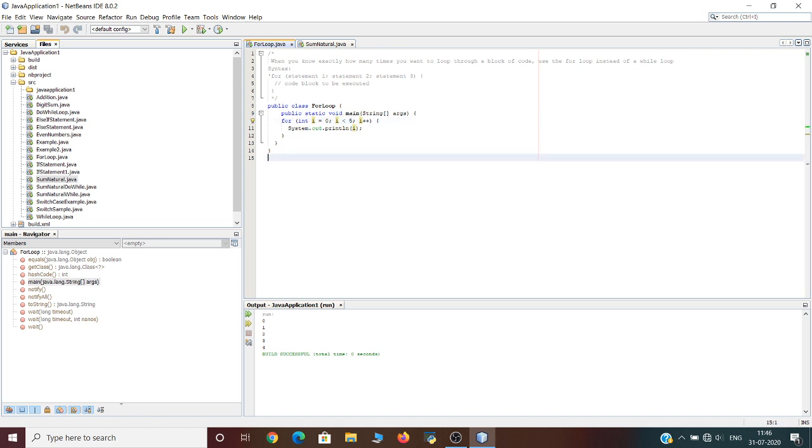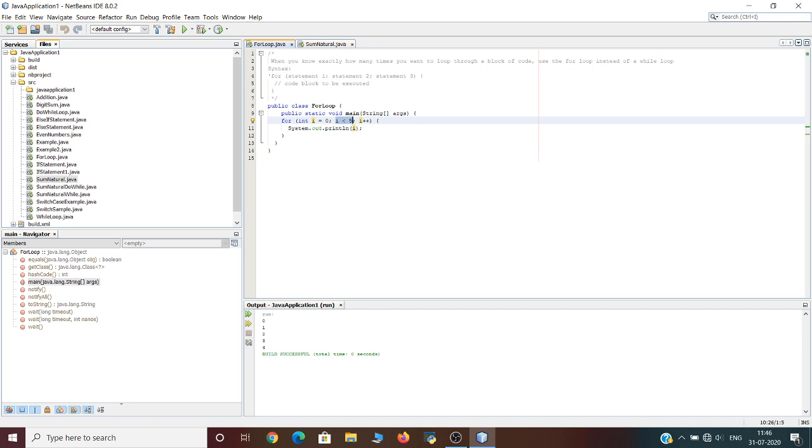So once we have printed the value of I as 4, or we have executed this particular code block, and we have reached the value of I as 4, and again after executing the block of code, when we go to the third statement and increment the value of I, the value of I will now become 5, and after incrementing, this condition will again be checked.